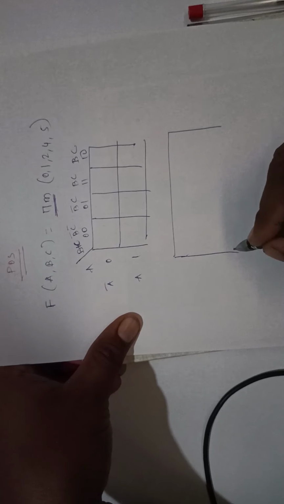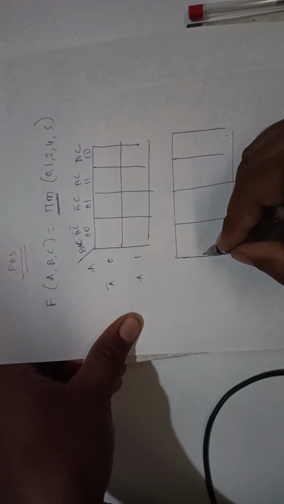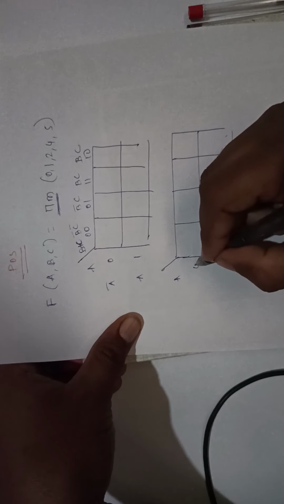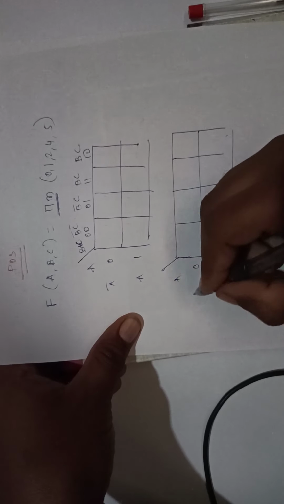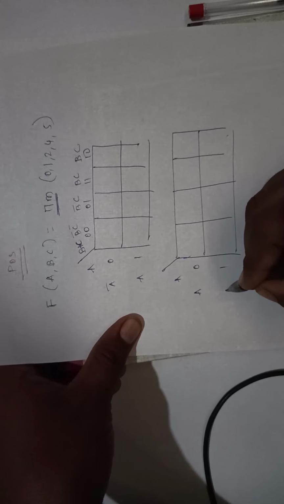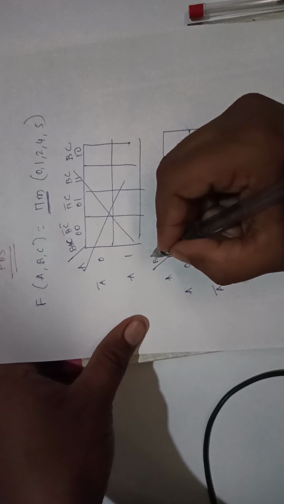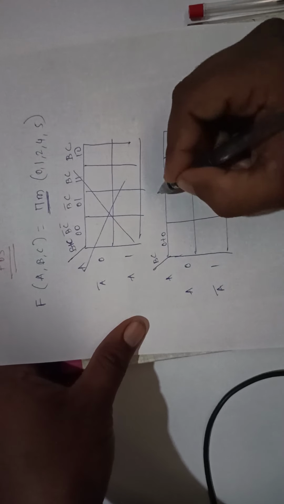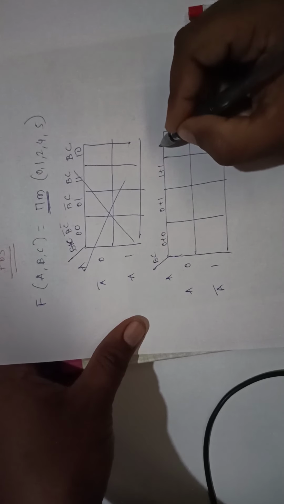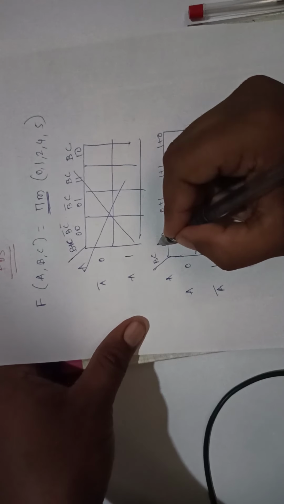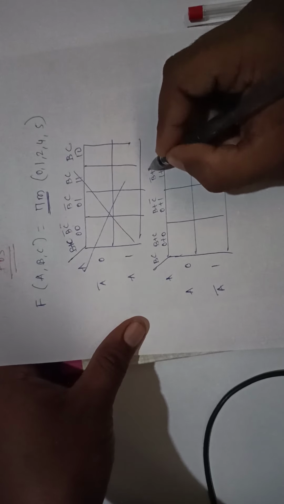Okay, I will draw another table here. In POS form, 0 is indicated without a bar, and 1 is indicated with a bar. Here in BC we write 0 plus 0, 0 plus 1, 1 plus 1, 1 plus 0. 0 means without bar, that is B plus C. Here B plus C bar, here B bar plus C bar, and B bar plus C. Okay, I hope all of you cleared. This is the opposite condition of SOP form.